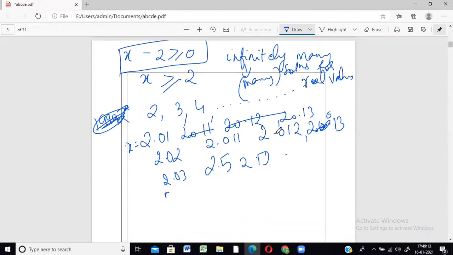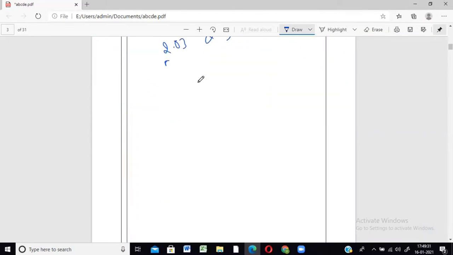Real values, as I said, real means everything, decimal, fraction, all those values. So these are all decimals, right? Decimals can also come, fractions can also come. So these real values, okay, for this equation is the solution set of this inequality. Now suppose that previous one was a little easy, but in case अगर तुम्हारे पास